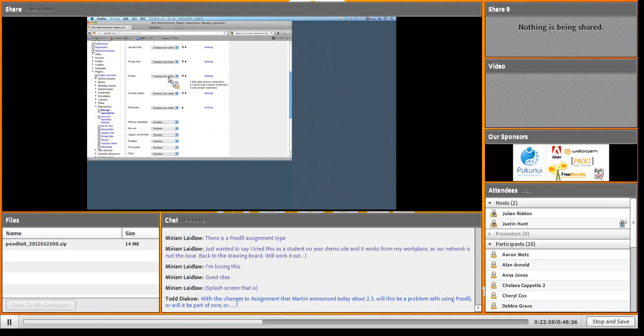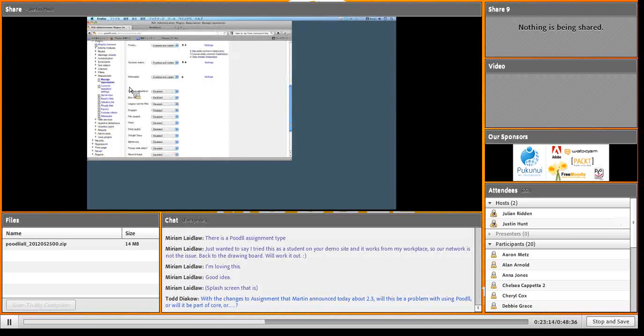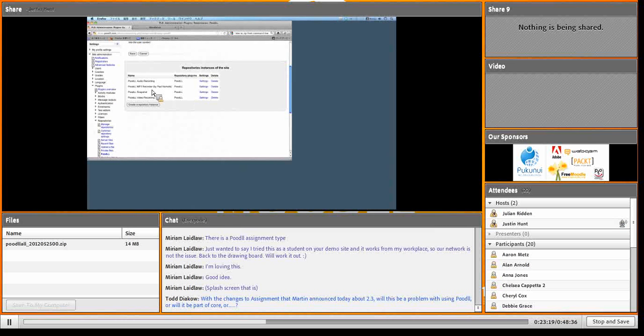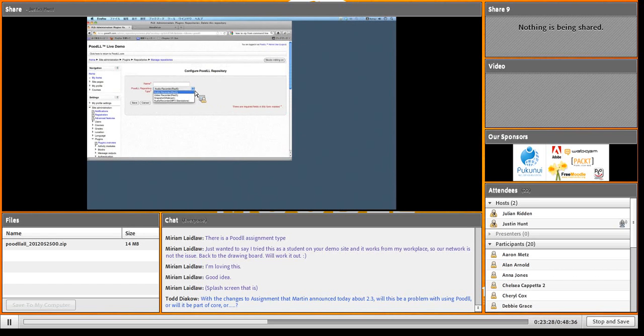It's been enabled and it's visible, and you can see there are 4 site-wide common instances, because with PoodLL there's not just one instance of one repository site-wide. You actually have to choose which kind of PoodLL repository you want to use, and then that will be enabled. So let's click on the PoodLL repository settings here, and you see I've actually got 4 repository types, and if I click here to create a repository instance, you'll see what I mean. There are 4 options when you create one. You can create an audio recorder using Red5, the video recorder using Red5, snapshot, that's the one we talked about with the web camera, or the audio recorder using Paul Nichols' MP3 standalone recorder.